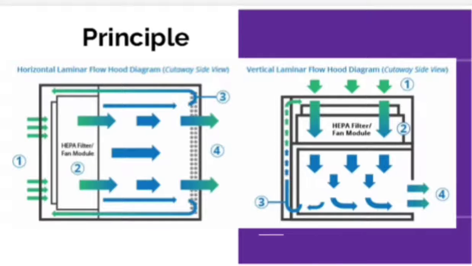Some of the effluent air then passes through perforations present at the bottom rear end of the cabinet, but most of it passes over the working bench while coming out of the cabinet towards the face of the operator. The laminar flow hood is enclosed on the sides and constant positive air pressure is maintained to prevent the intrusion of contaminated external air into the cabinet.